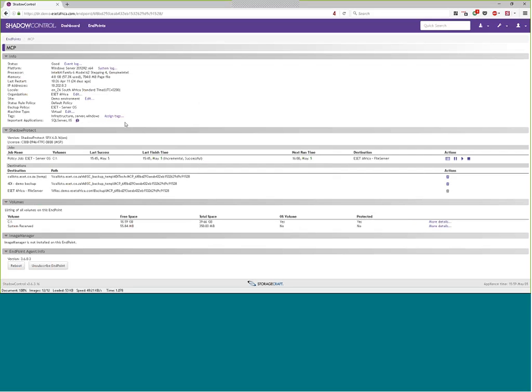Next, I can also tag machines. So you'll notice that I've tagged this with infrastructure, server and Windows. So it basically comes back to the endpoint section, right?